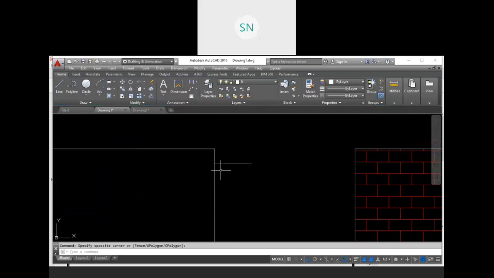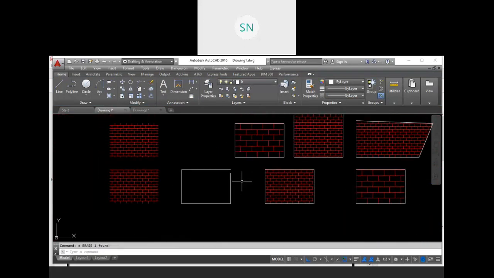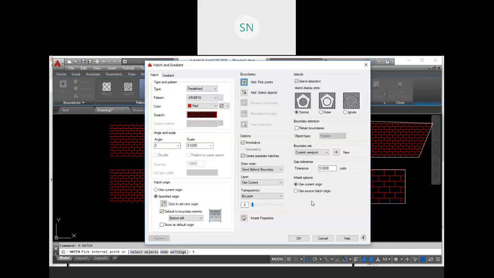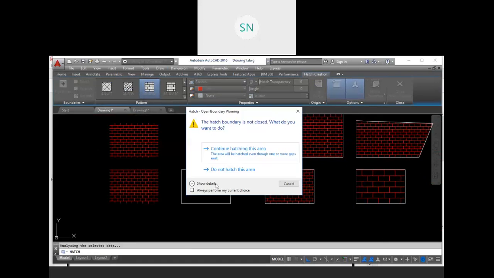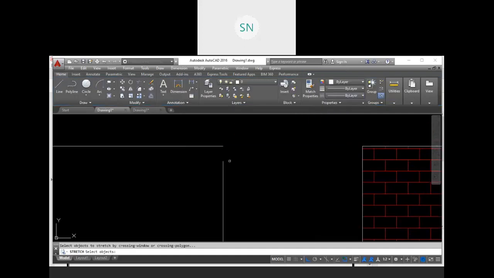So continue hatch. For example, over here we are going to open this boundary for around 7 or 8 mm. So we have a bigger gap than that. So again hatch setting. So our tolerance limit is 5 mm. Try to hatch in this. So again we have a notice, continue hatch in your area or not. Let me increase this gap again.